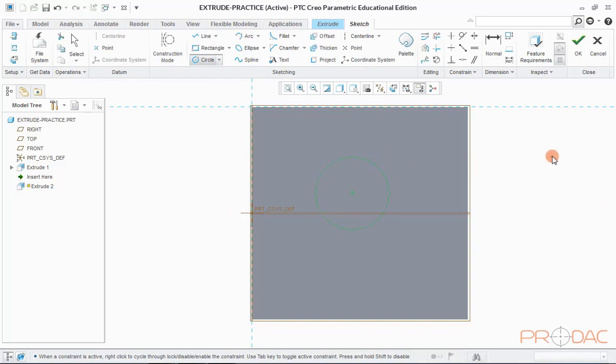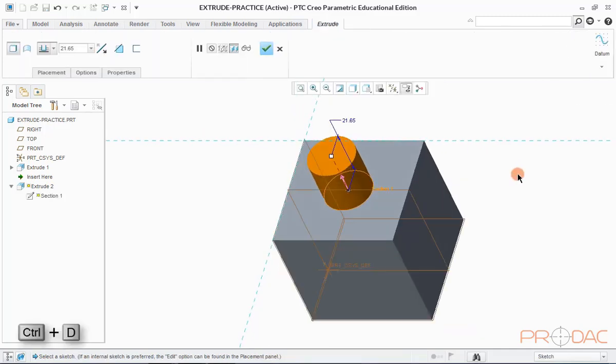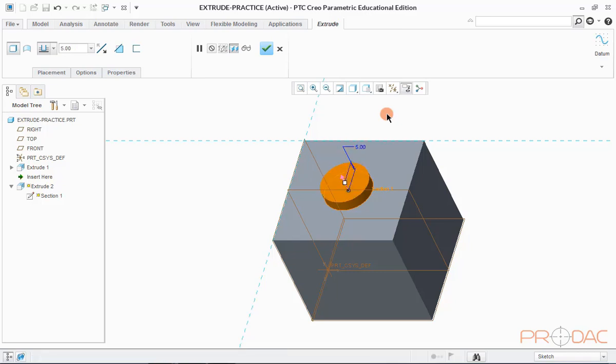Come out of the sketching mode. Set the diameter to 20 mm as per drawing. Please take note that we have to double-click on the dimensions to modify them. Change the X and Y position dimensions of the circle as per drawing. Press OK button now. Change the height of protrusion to 5 mm as per drawing. Step 2 is done. Now click on OK to proceed for step 3.